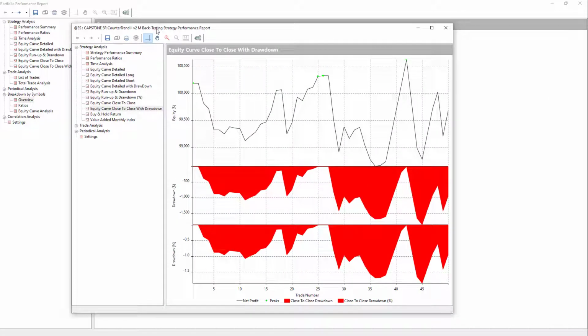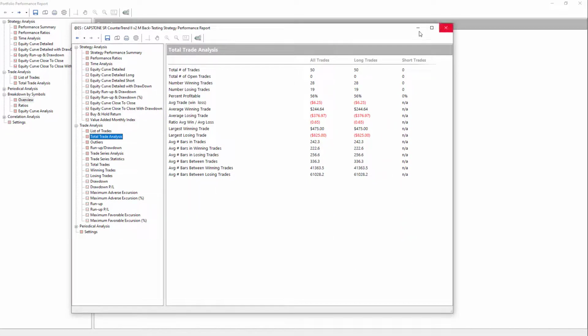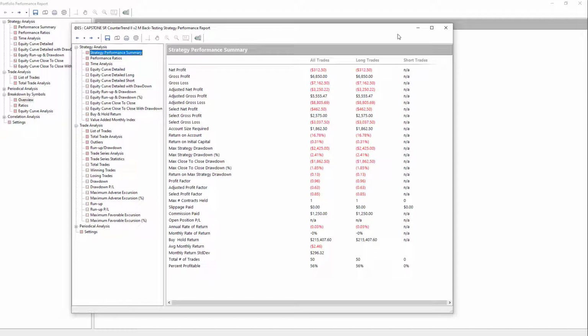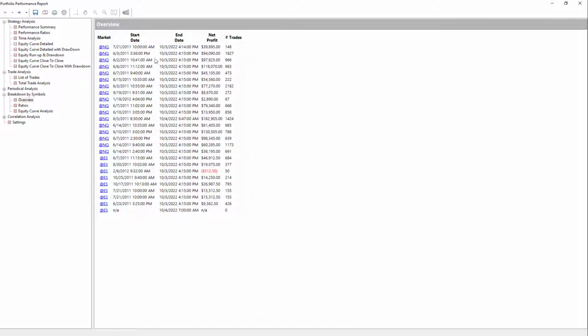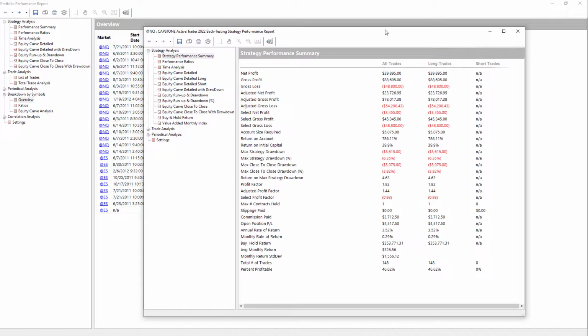Okay, the long side is negative, so we'll have to take a look at that. And so not many trades though. Total trade analysis on this is 50. So not many trades, and the total net profit is minus 312.50. So theoretically, you can add a strategy that is break even to down a little bit to improve your drawdown, but it's very low frequency. The thought being that the times that it does win is so different than the times that the others are losing. And so this is Active Trader 2022